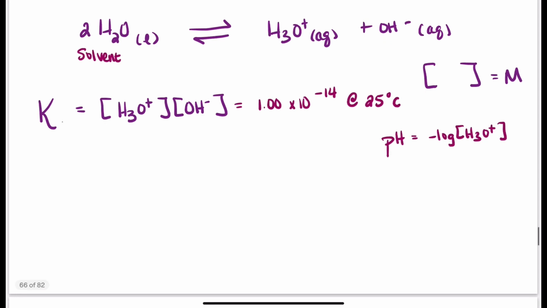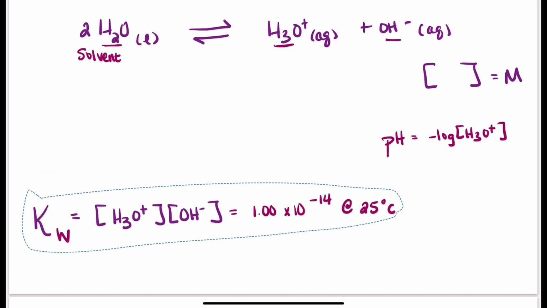We also know this is a special case of K, and we call it KW because it's the equilibrium expression specifically for water. So I know that the product of the concentration of these two is 1 times 10 negative 14. If I think about this though, that means that for every 2 water molecules, I produce 1 hydronium and 1 hydroxide. So if I actually set up a RICE table there,